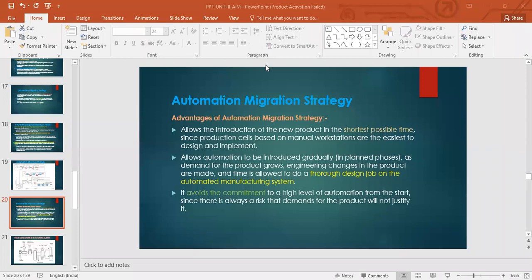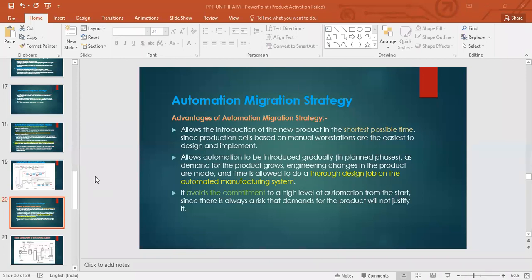Is the screen visible, right? Yes, is the screen visible? Okay,